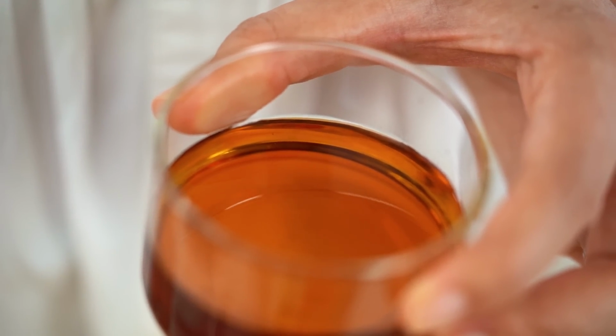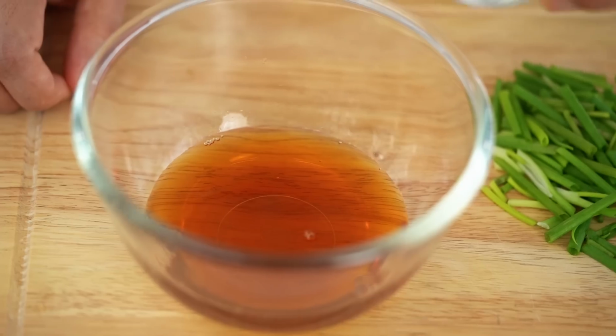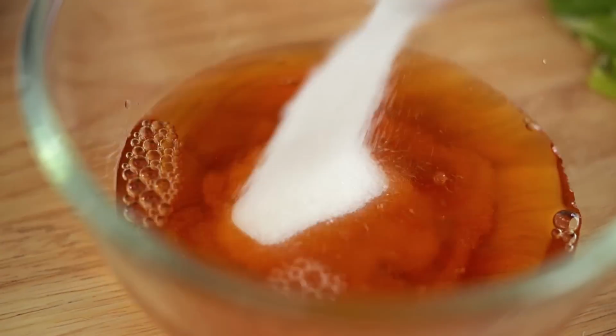If it's really dark, like soy sauce kind of color dark, then it's probably a really old bottle, which is still fine to use. It's just going to have a stronger flavor. So there you go, a couple of tips for buying fish sauce if you find it a little strong and intense. Fish sauce into my bowl, and I want some white vinegar, just plain old white vinegar, and some sugar,